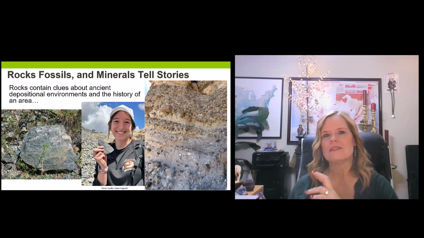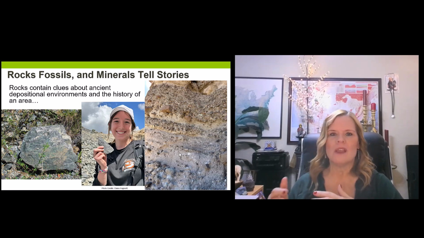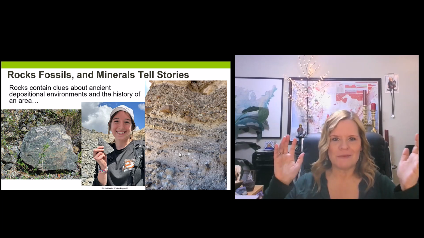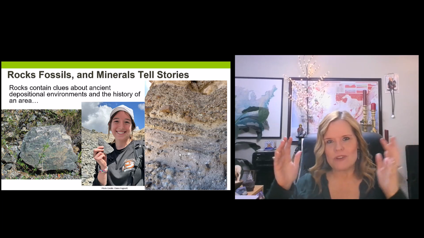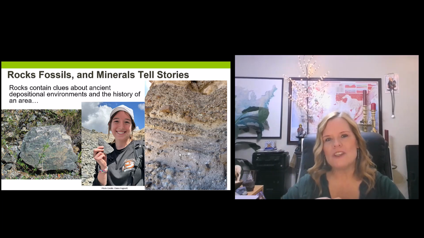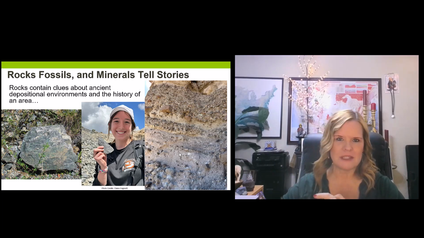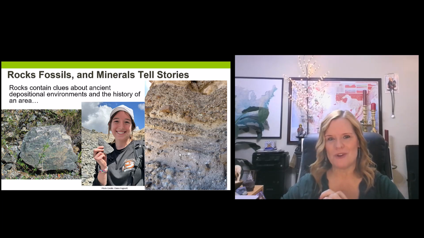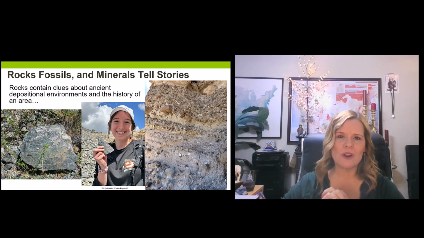But remember, rocks are made up of minerals. And sometimes we get a lovely little gift with a fossil in there that can give us even more detail. So I'm encouraging you as you move forward to stop and look at the rocks, fossils, and minerals. If you're in a national park or a protected area like a World Heritage Site, leave it alone. Take a picture of it, look at it, but leave it there. It's not okay to take those things away from protected locations. So make sure you know where you are when you're collecting your stuff, and you'll learn more about that later